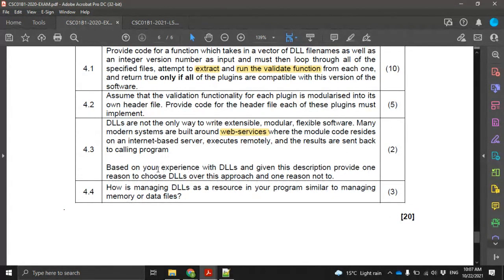So in this case, the question is asking, based on your experience with DLLs and given this description, provide one reason to choose DLLs over this approach and one reason not to. All right, so let's see. You need an internet connection. That's an immediate requirement that makes the system rather